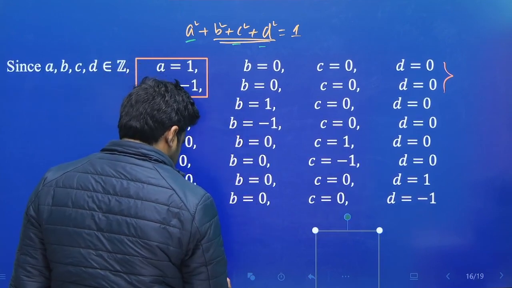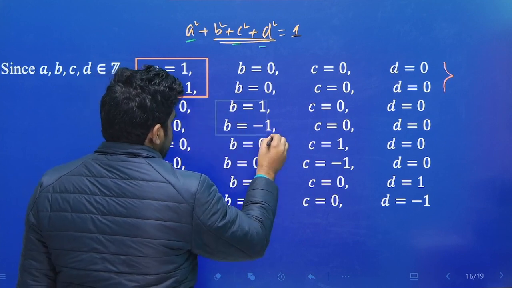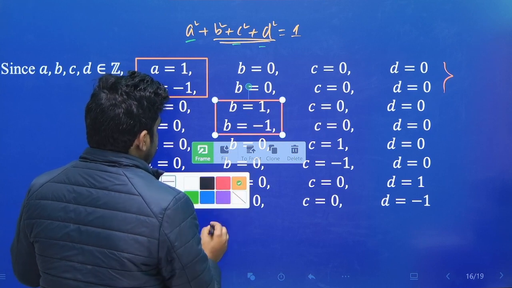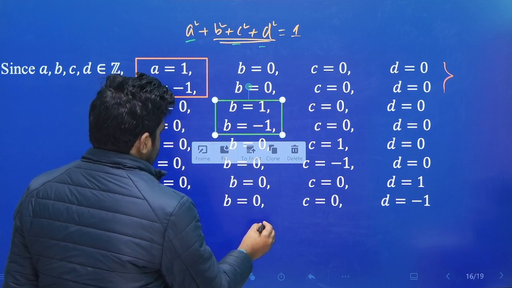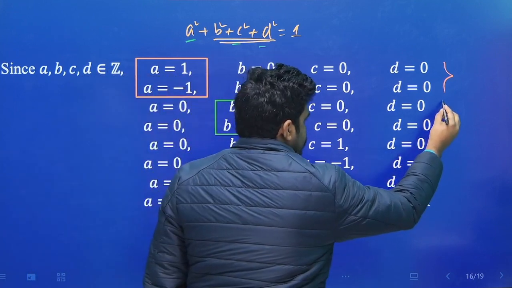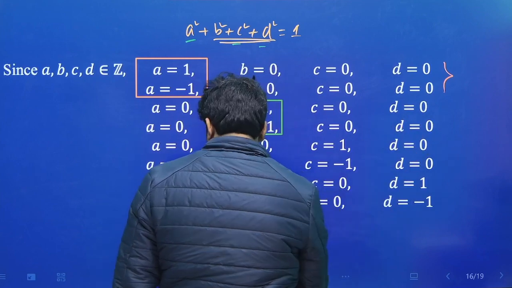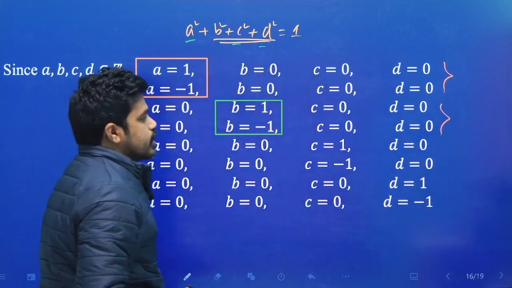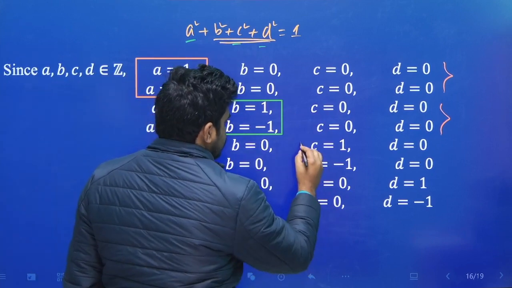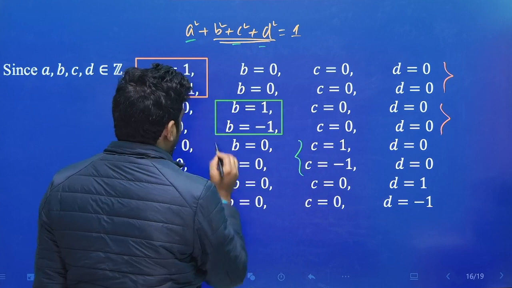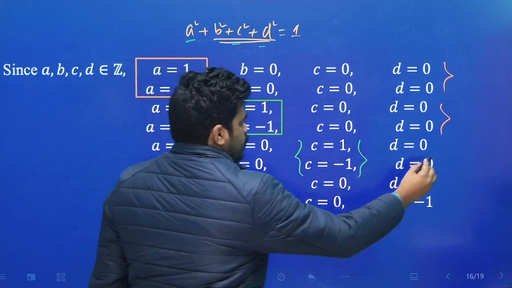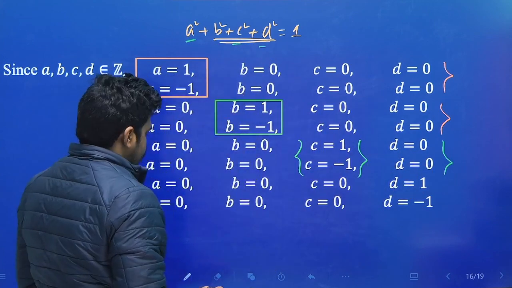নেক্সট আমি কনসিডার করছি b is equal to 1 and b is equal to -1, ঠিক আছে। all other elements are 0, that means a0 c0 d0, so we get this set, ঠিক আছে। একই রকম ভাবে এবার আমি কনসিডার করছি c is equal to 1, c is equal to -1, all other elements are 0, that means a0 b0 d0, ঠিক আছে। তাহলে দেখো এই ইকুয়েশনকে স্যাটিসফাইড করবে। একই রকম ভাবে যদি